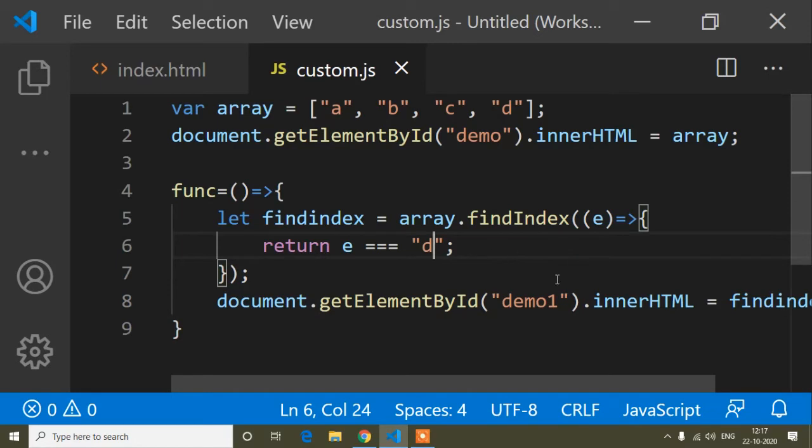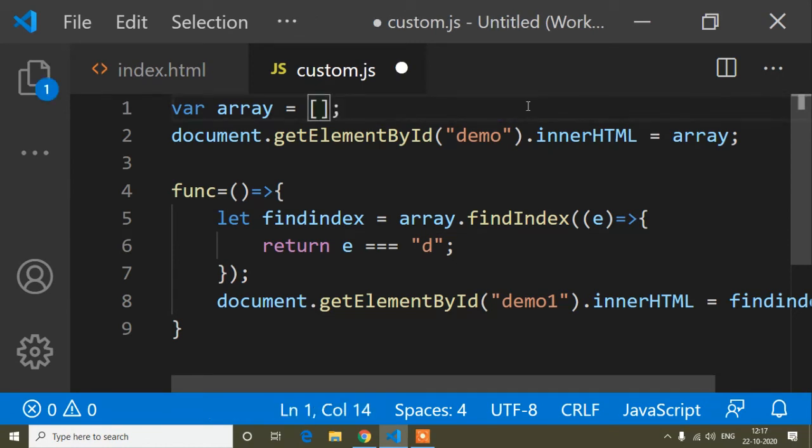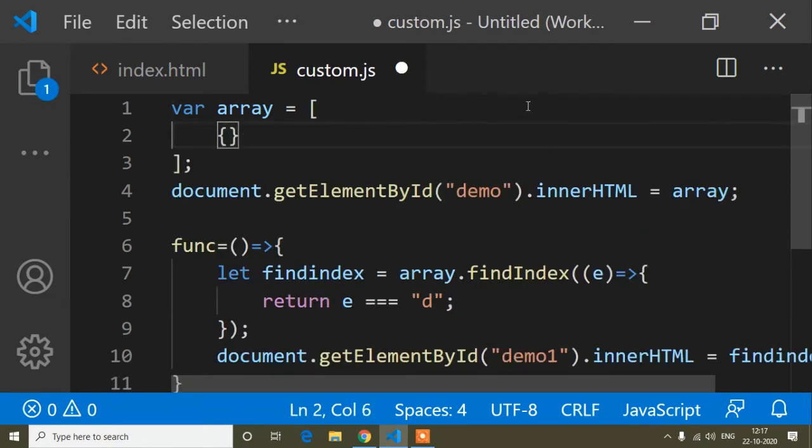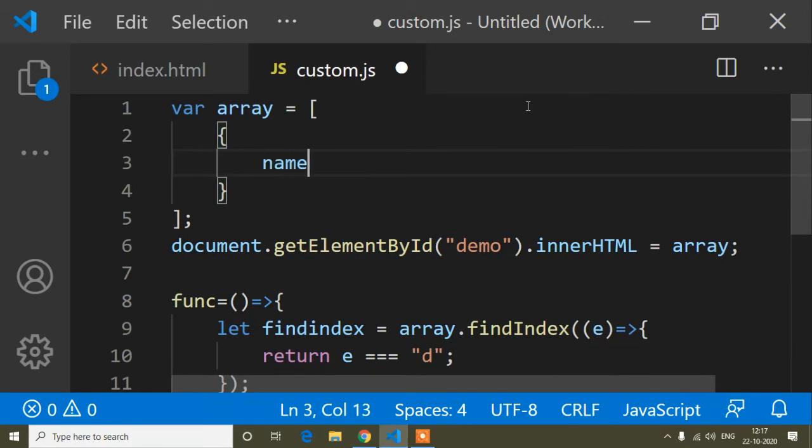So this way. And now here, suppose I have multiple objects. So first of all I will create an object. So this is the curly braces, and I will write name.